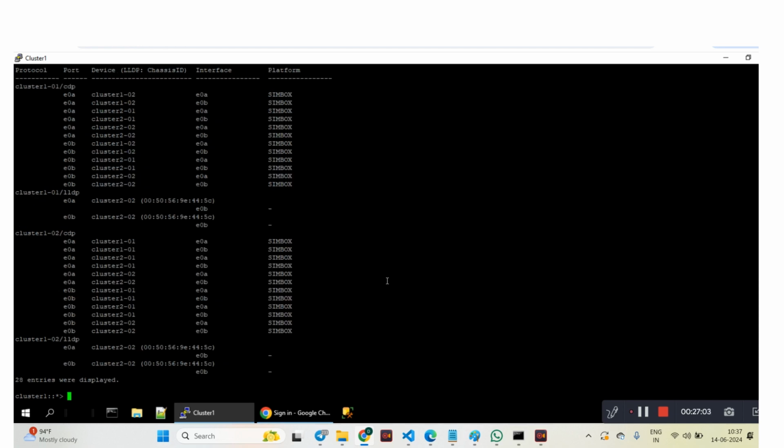Yeah. So this is the command to see which Ethernet switch is being used for your data communication, like CFS and FS. So you will be able to identify it. Is this a simulator? So it's Simbox. So if I'm having some issues with some ports, I will check this switch, and I see